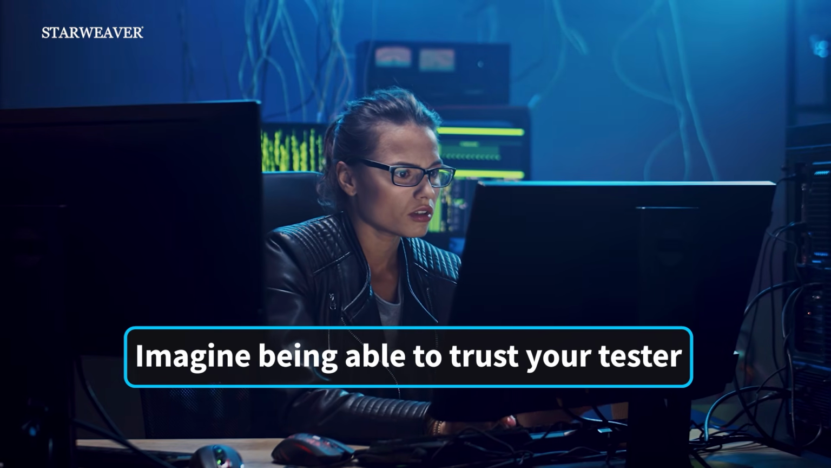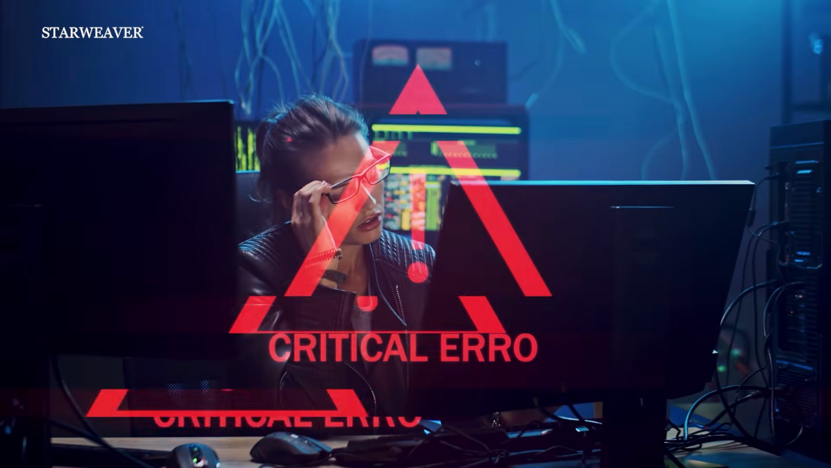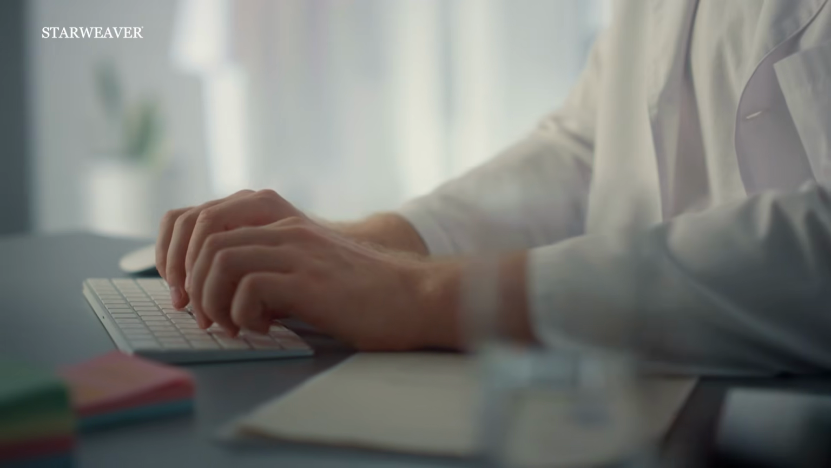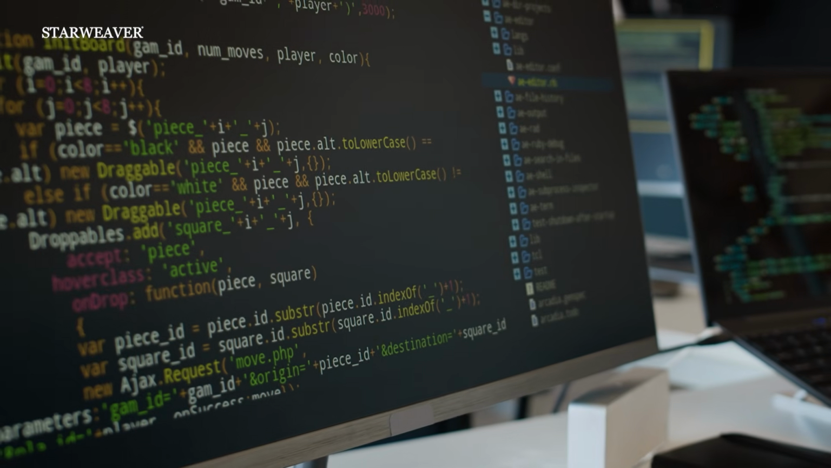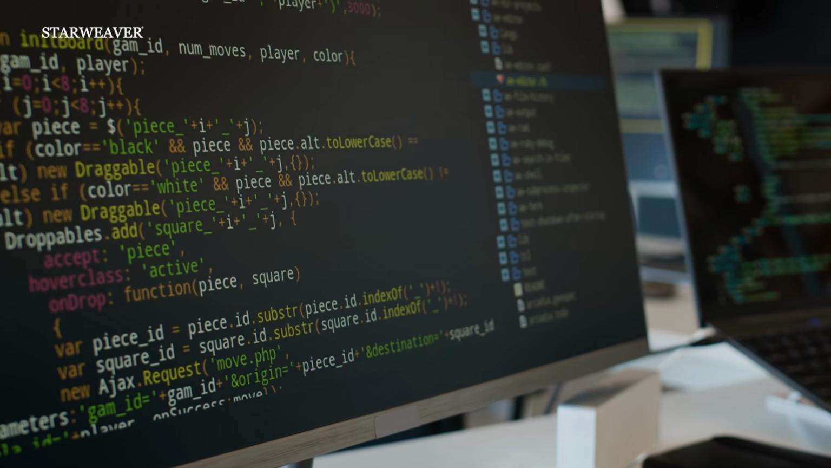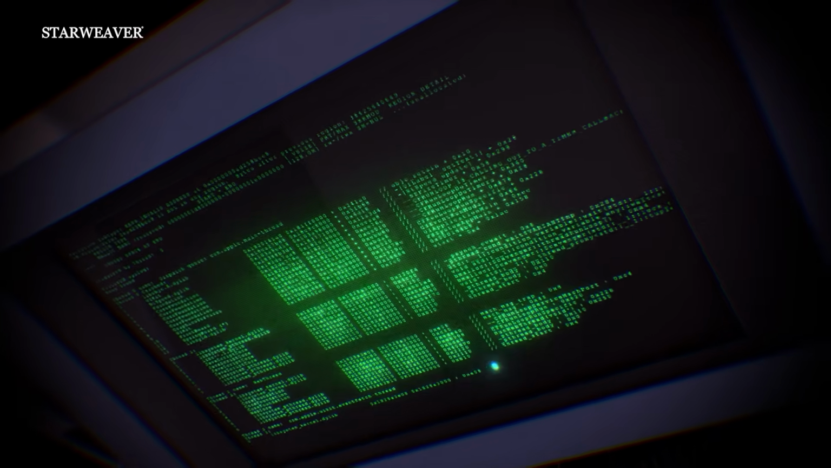Imagine being able to trust your test suite, not just to catch bugs, but to support every deployment with confidence. With Cypress, you can build fast, visual, and fully automated end-to-end tests that mirror real user behavior and scale with